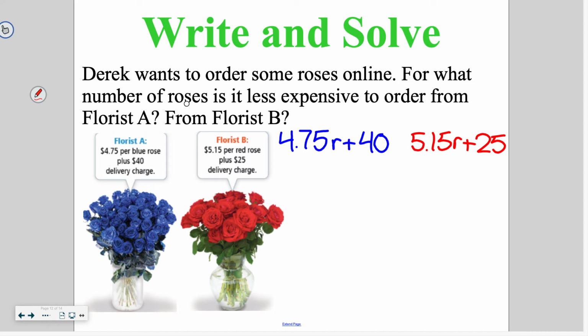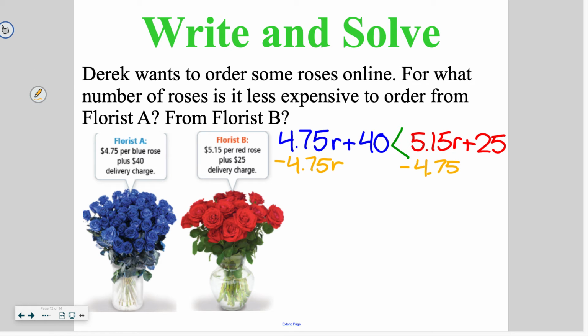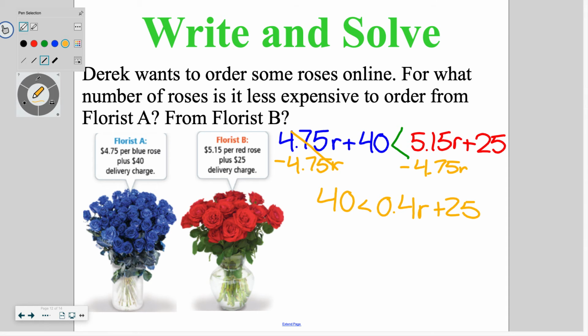Now, we want it to be less expensive to order from florist A. Since florist A is the blue, we want that to be our less expensive. Then we're going to go ahead and solve, just like we would with all the other equations. So we're going to combine our variables, subtracting $4.75 from both sides. And that is going to give us 40 is less than 0.4r plus 25. After that, I need to get rid of that 25. So I'm going to subtract 25 from both sides of my equation,